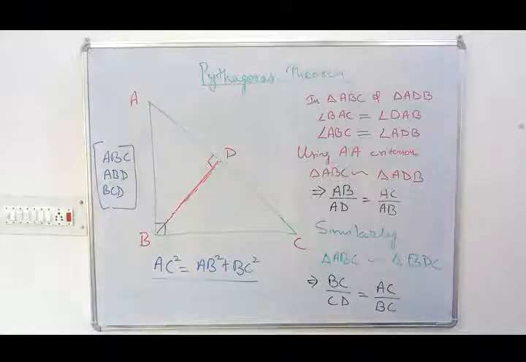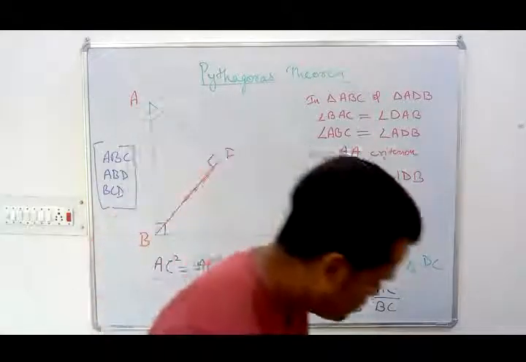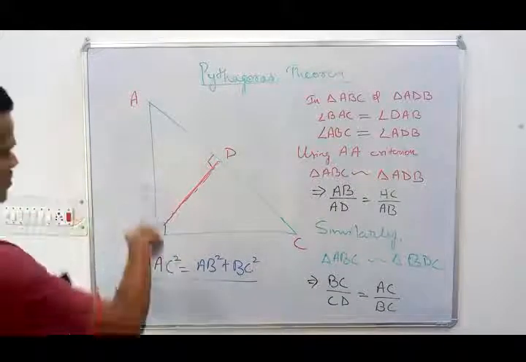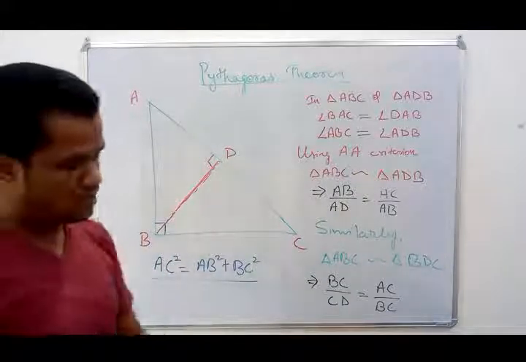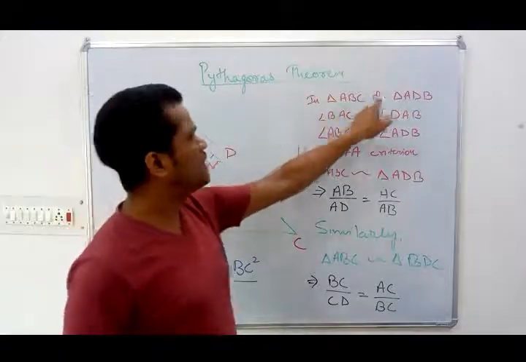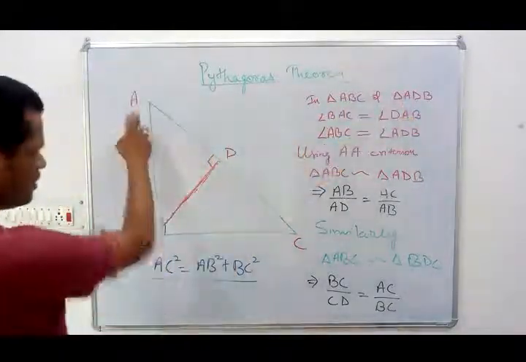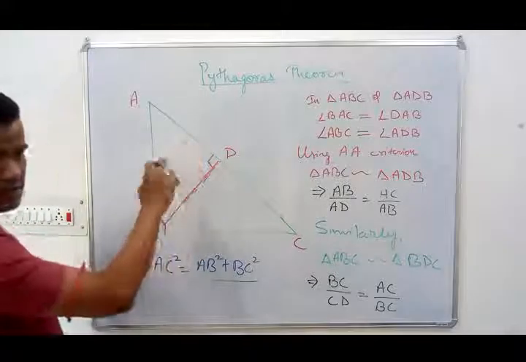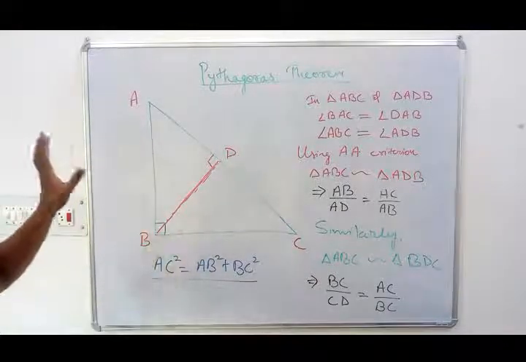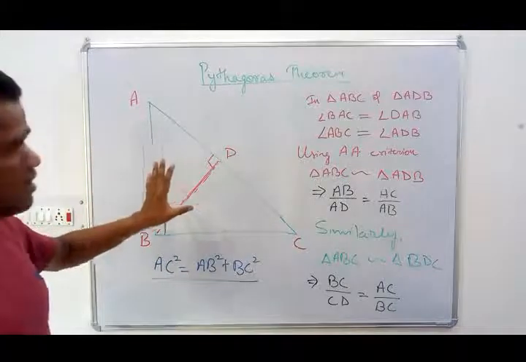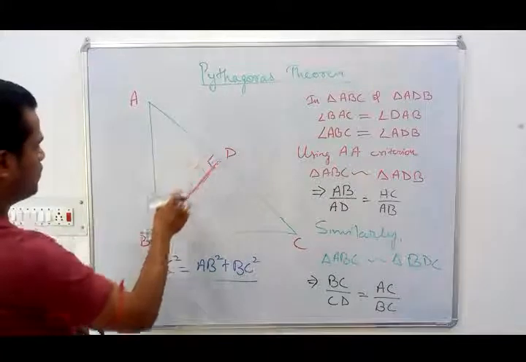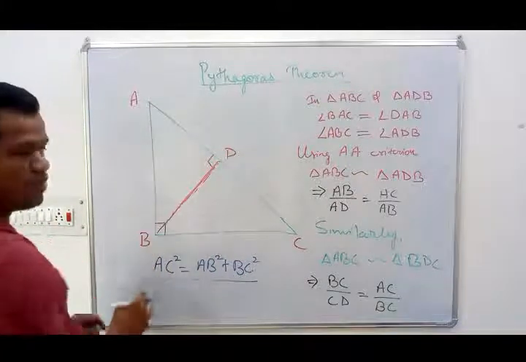First of all, we will omit this part. For this Pythagoras theorem, I am asking you to look over this ABC and ADB. Now where is this ABD? ABC is the longest, largest triangle, this is the largest triangle which we have. Now ADB is the smallest one, this is the smaller one, ADB. This is what I am talking about.